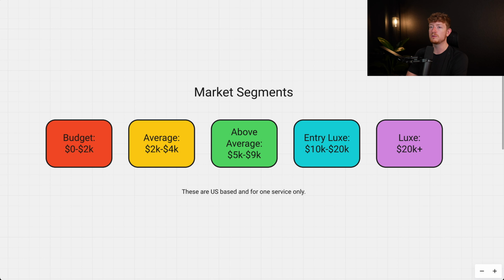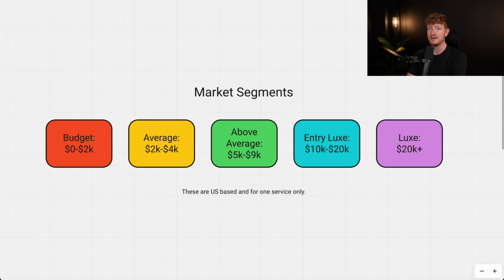So, a couple of caveats before I dive into this. This is just general data, and these numbers are not hard boundaries. This is data that I've collected from being a coach and working with hundreds of photographers all over the United States. This is US-based data. If you're in the UK or Australia, or Canada, which is actually a little more similar to the US, you just have to adjust for the currency conversion. But I know that the UK and Australia markets are slightly different. They're actually a little bit lower. So take this with a grain of salt if you're international. But if you're US-based, this will apply to you in almost every single area.